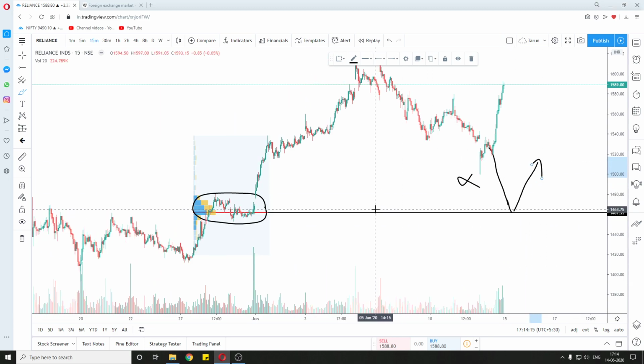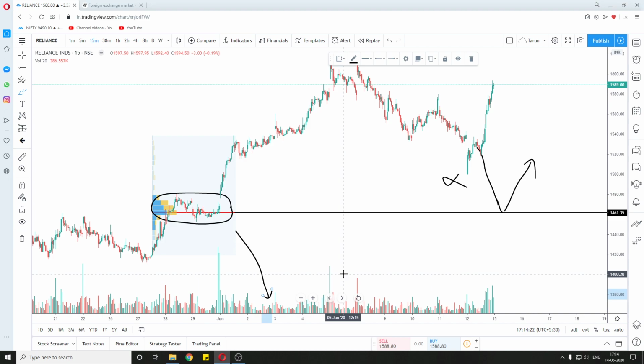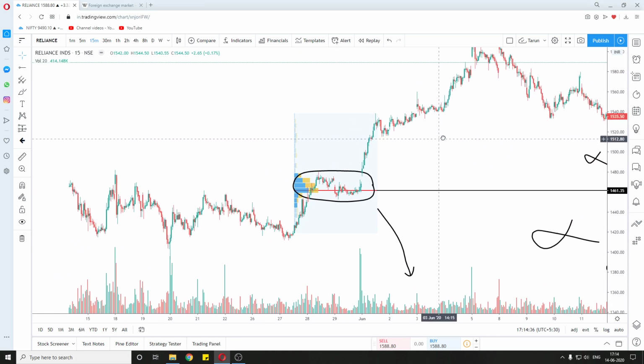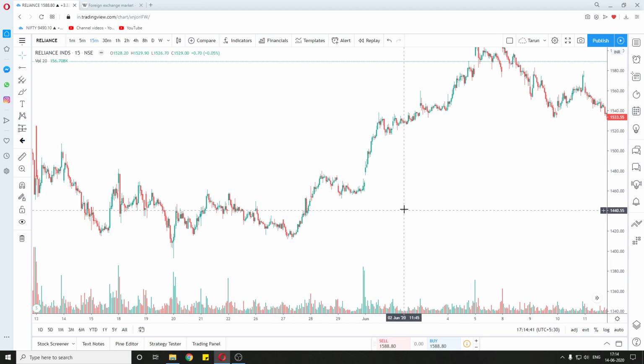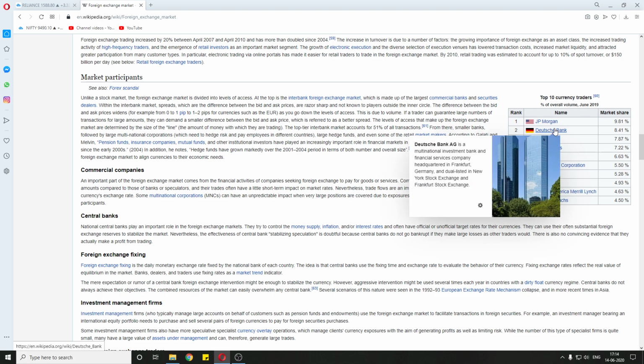So this is how the volume profile works, and it is better than the volume which is below, because the simple volume below our chart does not tell us anything about the price, while the volume profile tells us about the price. And I hope the concept is clear, why the sideways movement is happening and why the big players defend their positions.